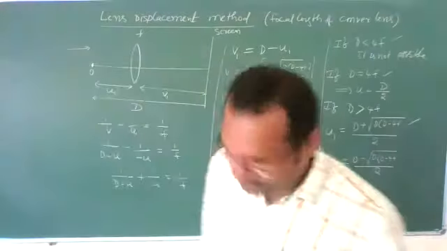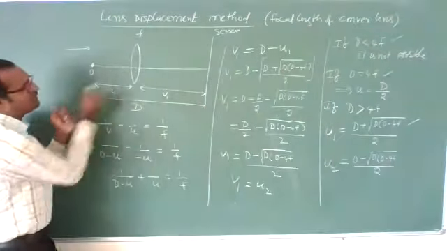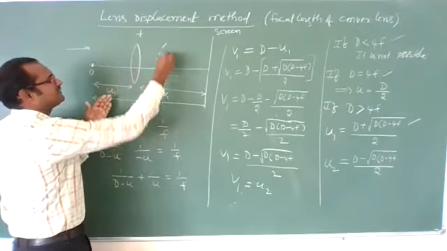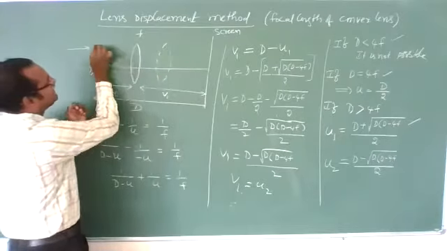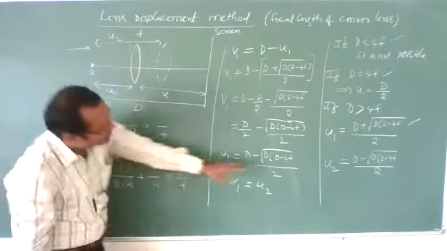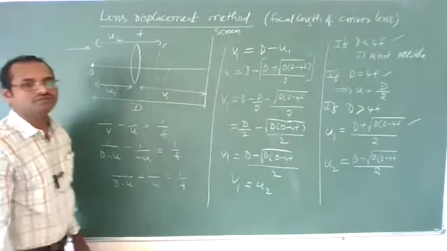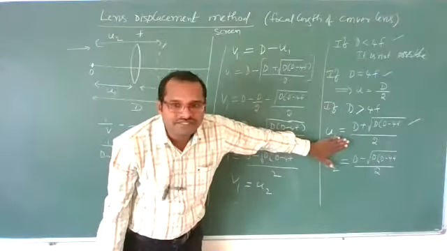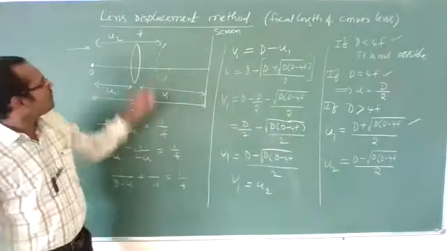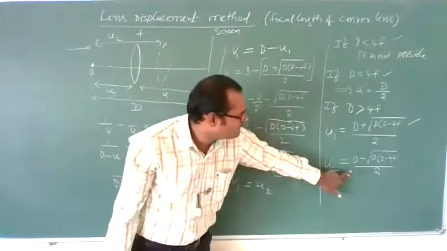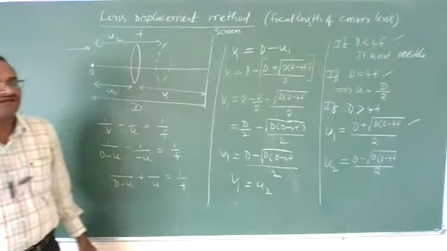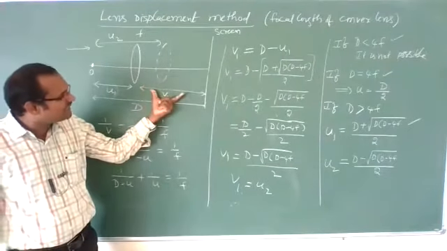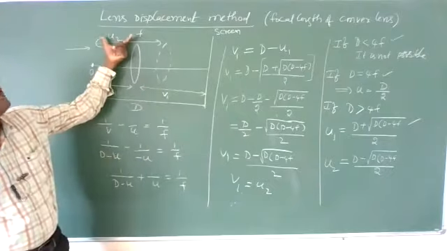What I am trying to explain to you is, if you keep here u1, you are getting an image. Now this length, somewhere else you keep at some distance. That distance is u2 I am taking. Then also you get an image according to this condition. So what is that u2? u2 is this. Clear? So v1, whatever v1 we are getting, that will be nothing but this second position